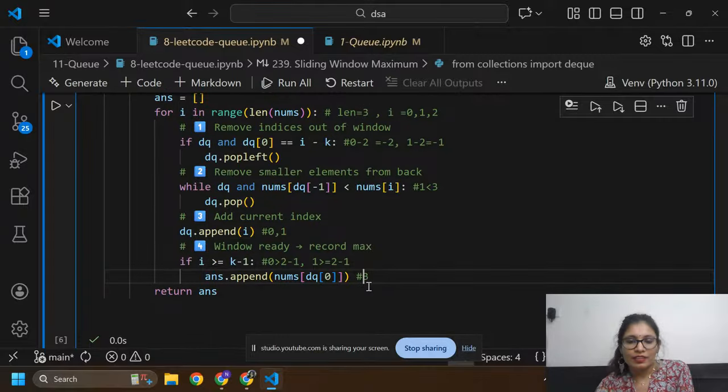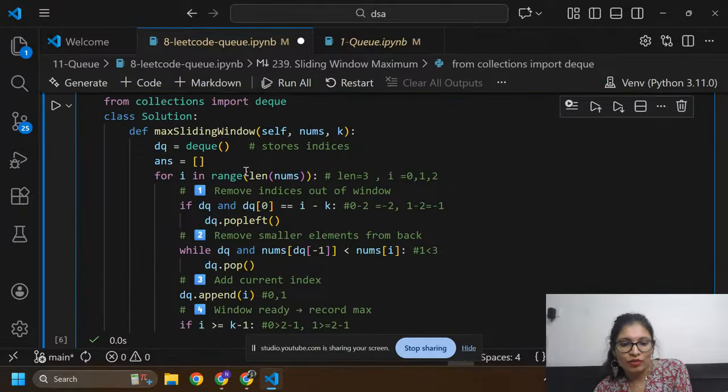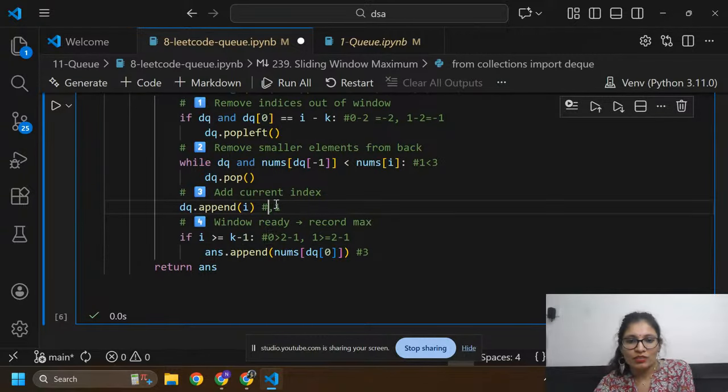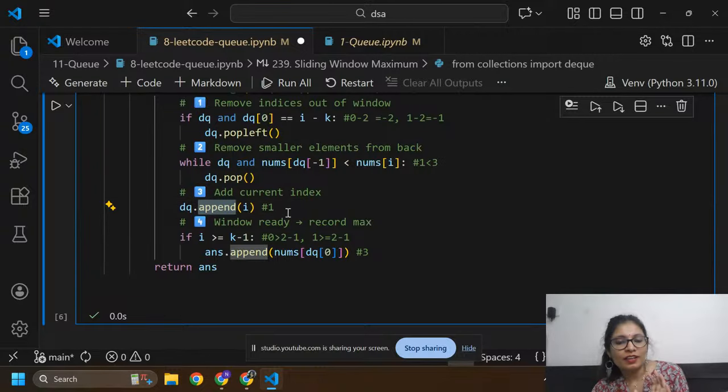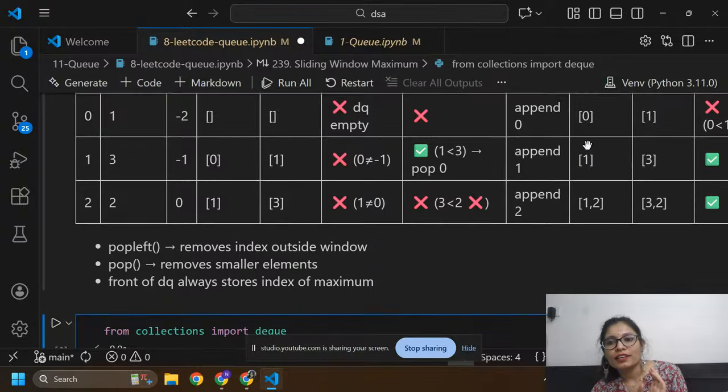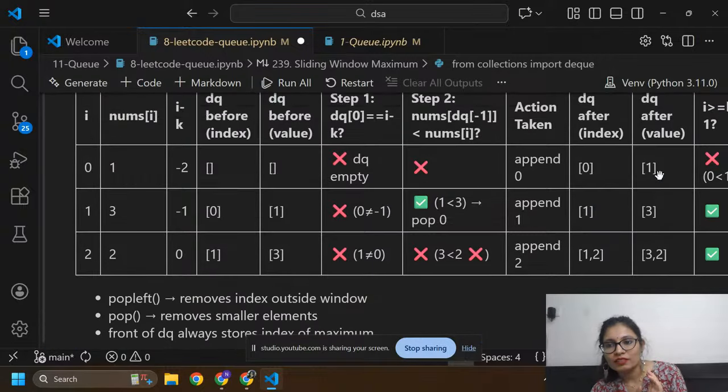And index 1 I'm going to append here. I remove this last. Now our current index in dq is 1, and the number is 3. Here you can see I added index 1 and the number is 3.